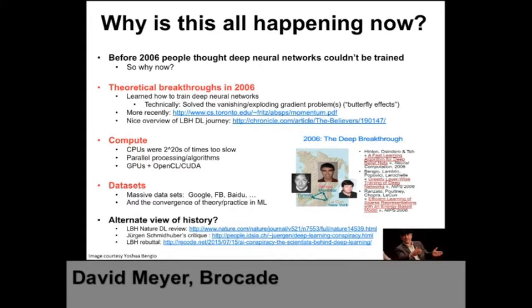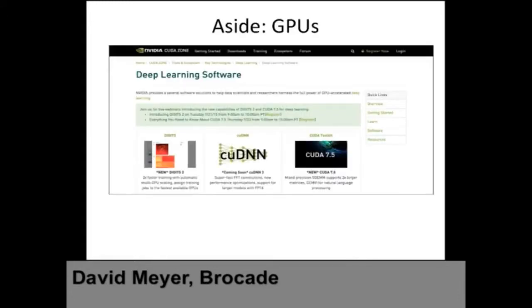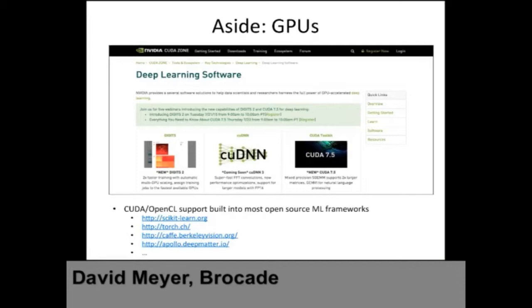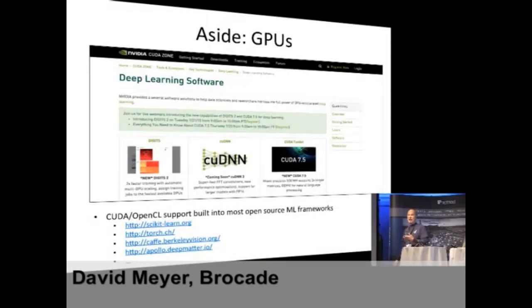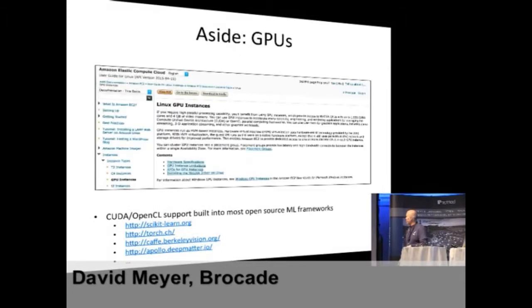All right, GPUs, you can get those everywhere, but it turns out that NVIDIA, that used to be a graphics card company, is now a deep learning company, because you need a bunch of cores to train these things because they're massively parallel. And there's all kinds of open source code to do it, and it all has CUDA or OpenCL built into it. So it's really nice, because if you write code to do this, it'll sense whether or not there are GPUs and use the GPUs. Yeah, and you can even get them on Amazon if you want.